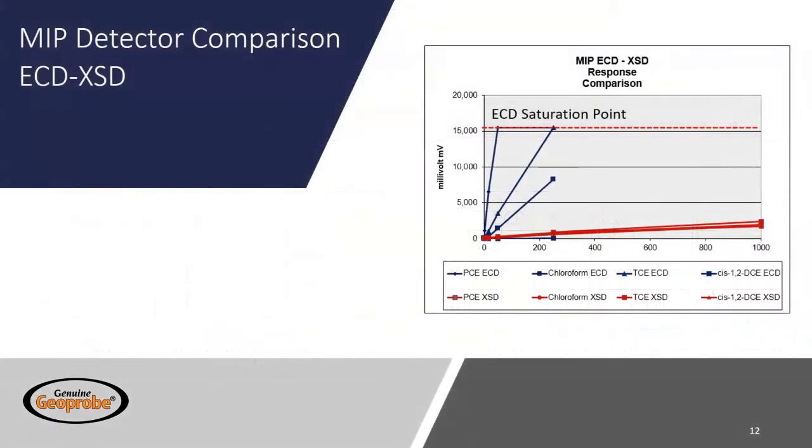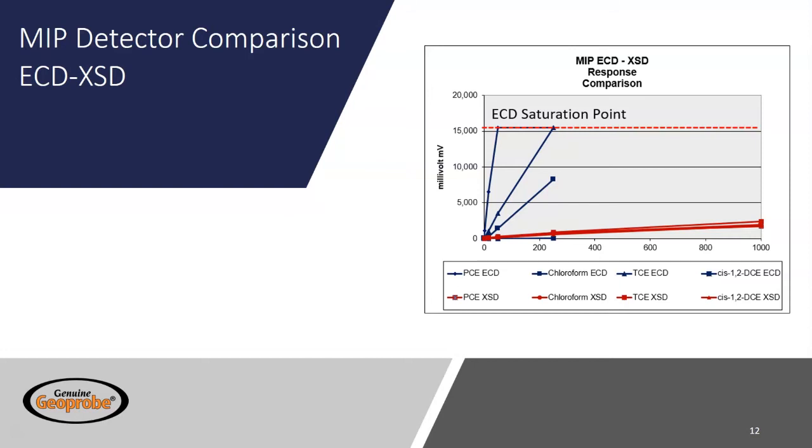Here is a graphical display of the peak response height of each chemical on the two detectors. This truly displays how on the ECD the addition of chlorine atoms on the molecule and the structural changes influence the molecular electronegativity and its response.